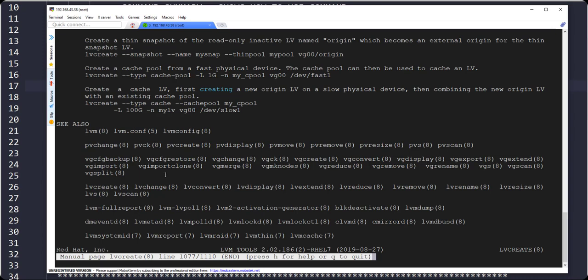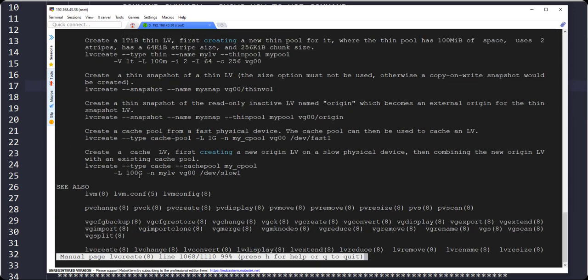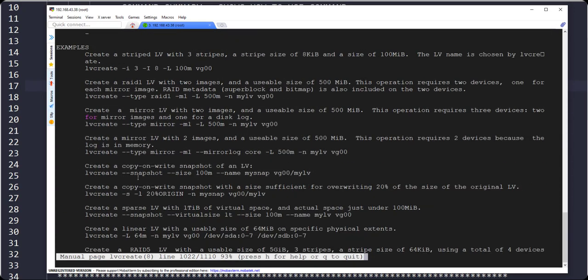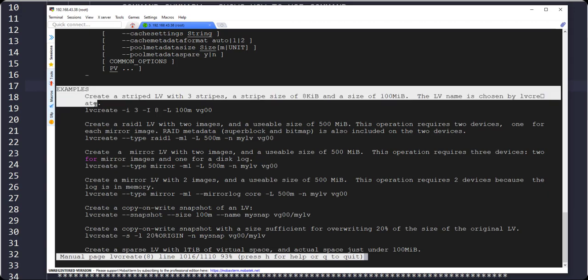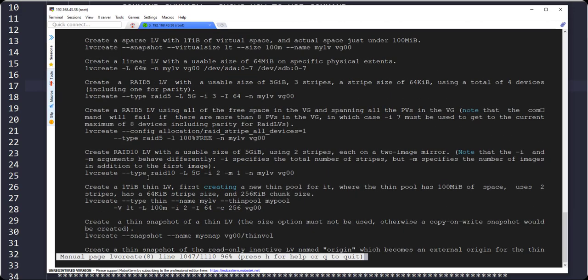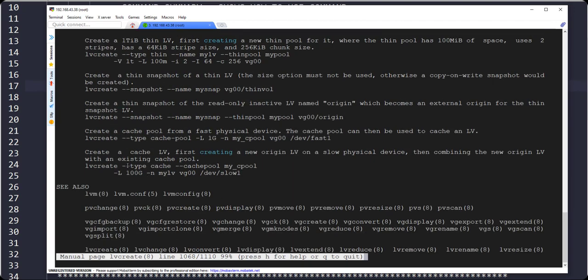Now you need to be sure on one thing, that not all commands have examples embedded into them. It depends on the specific command. lvcreate has examples, and it has a lot of examples. It helps administrators to use these switches and these examples to run a specific command in different situations. So this section specifically gives you an extensive list of examples. There are a lot of things going on here.